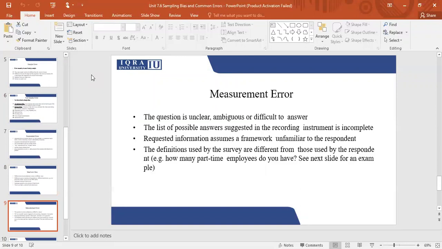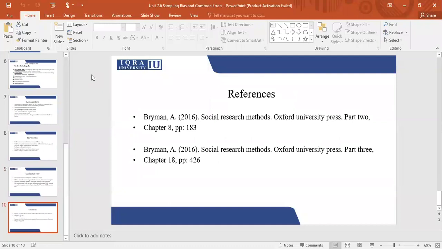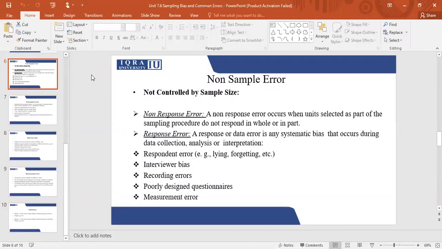Then we can also have a measurement error. That means that when you're trying to collect data, your instrument is incomplete. You thought that you would use some prompts to ask questions, but on the spot you are unable to ask proper questions. So if your tool is not correct, you will make a measurement error. So these are some of the common types of errors that you might make. You might not be able to record them properly. You might not have designed your questionnaire properly. So these are some of the